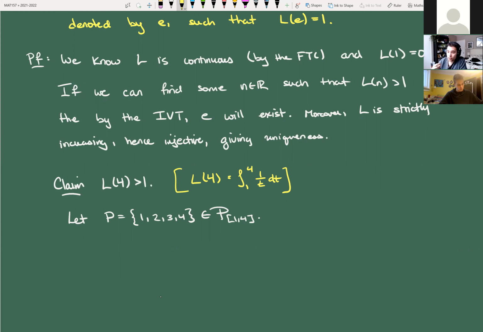So what I'm going to do is take a partition of the interval 1 to 4, and I'm going to choose just the dumbest partition I can think of. I'm just going to take this trivial one that takes every single integer in that range. Now, 1 over x is a decreasing function. Since f of x equals 1 over x is decreasing, and is in fact continuous, but we're not as worried about that,